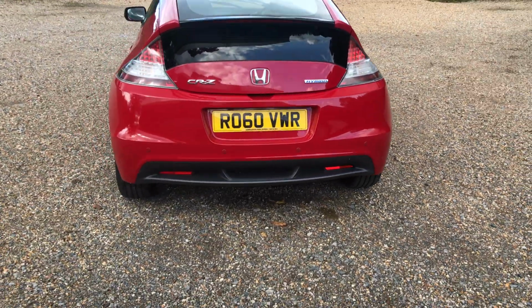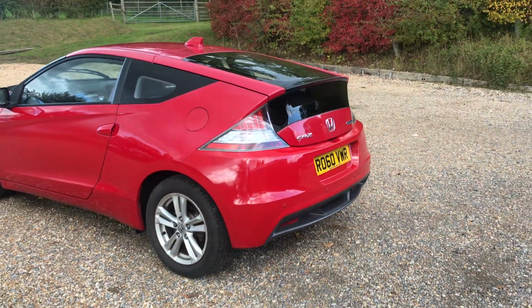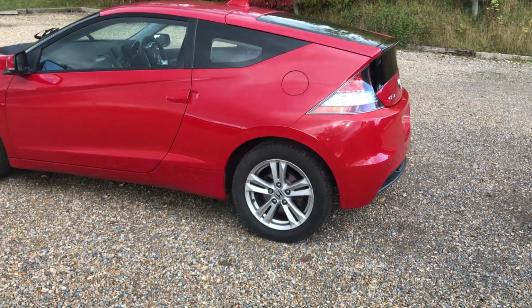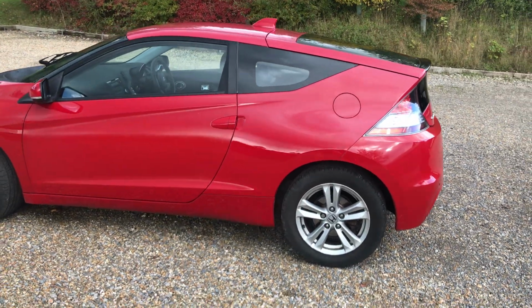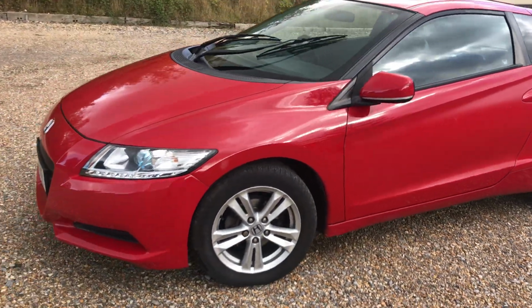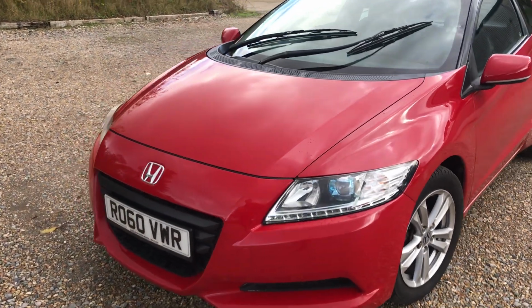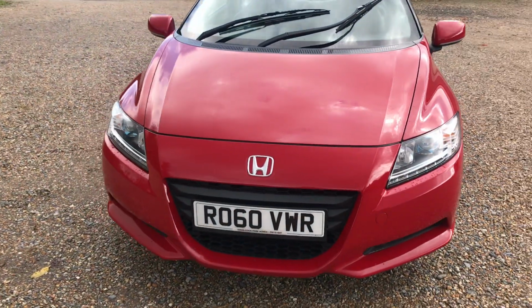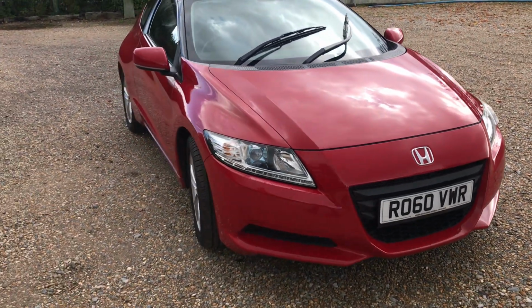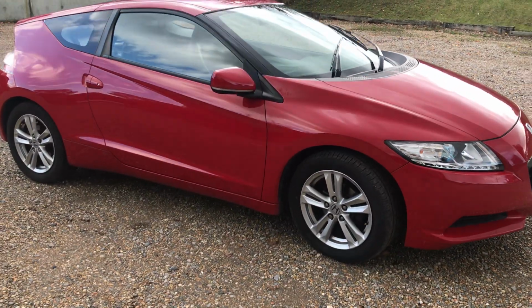And I've got a few notes in front of me here, but this is a Honda CR-Z, very nice condition. As you can see, it's bright red, 105,000 miles. The car's just been professionally valeted, so it is very bright and shiny at the moment. It's also been totally valeted inside as well, so it's in as good a condition as I think you're going to get. It's a sport model with leather interior, black leather seats, so that means alloy wheels as well,